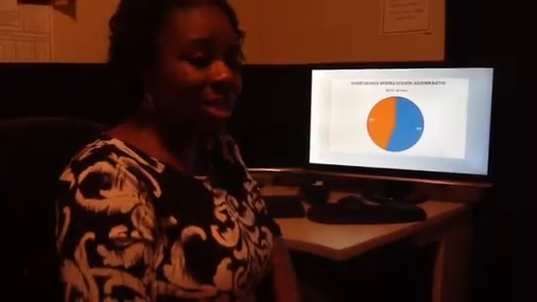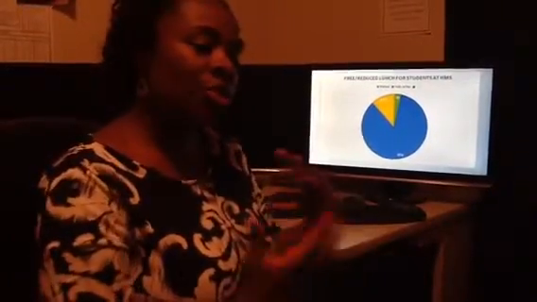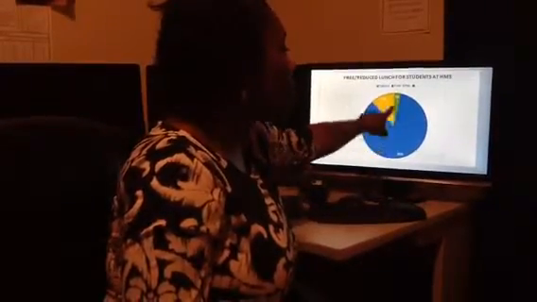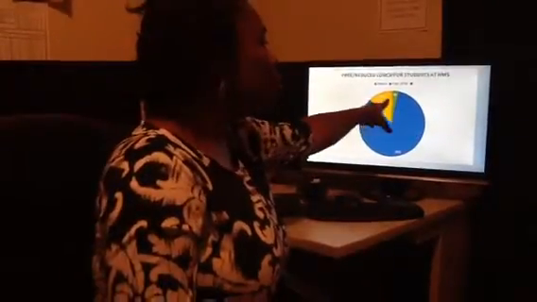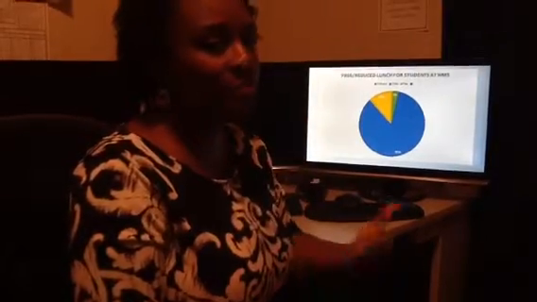So what is the gender breakdown, the male-female ratio? 55% of our students at Honeysuckle Middle School are male and 45% are female. When you're looking at whether the students receive free or reduced lunch or whether they even pay for the lunch, the majority of our students, 85%, receive free lunch. Only 3% receive reduced lunch, and that means they pay a smaller amount, and 12% of our population receive paid lunch. That means they have to pay for their lunch.